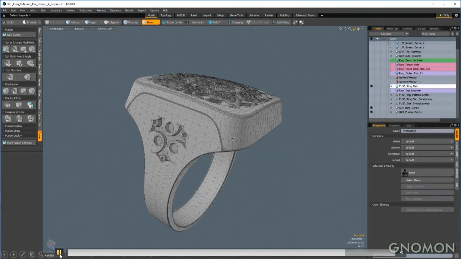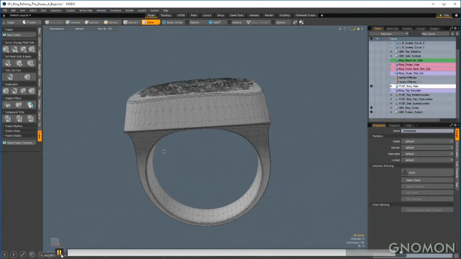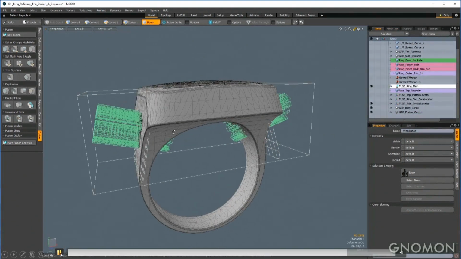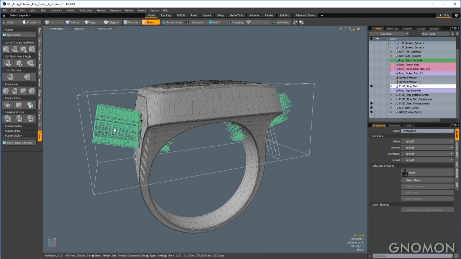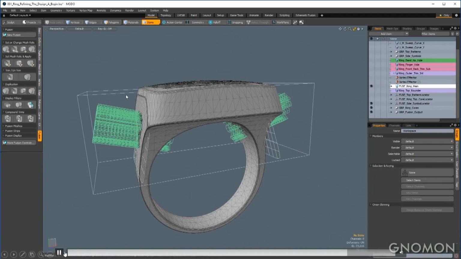And here I've gone a little bit further, and I've added designs to the side of the ring. And it's the same technique where I have a B-spline pattern that's being swept along a path. In this case, I'm using a mirror mesh operation, so it's on both sides. And then that whole setup is part of a compound trim that's being subtracted from the fusion item, the original fusion item.